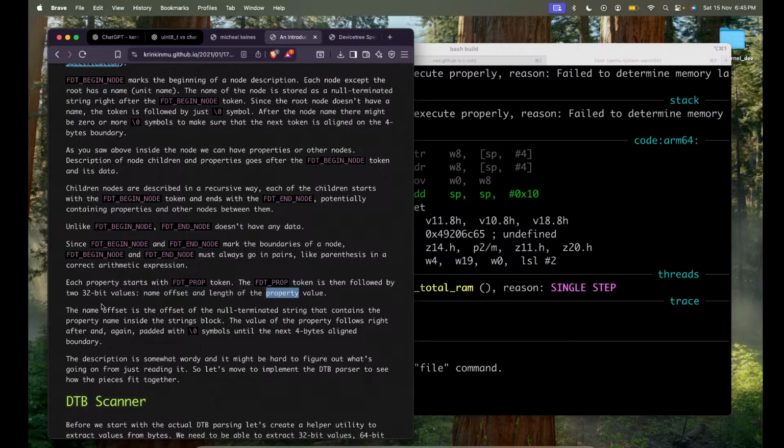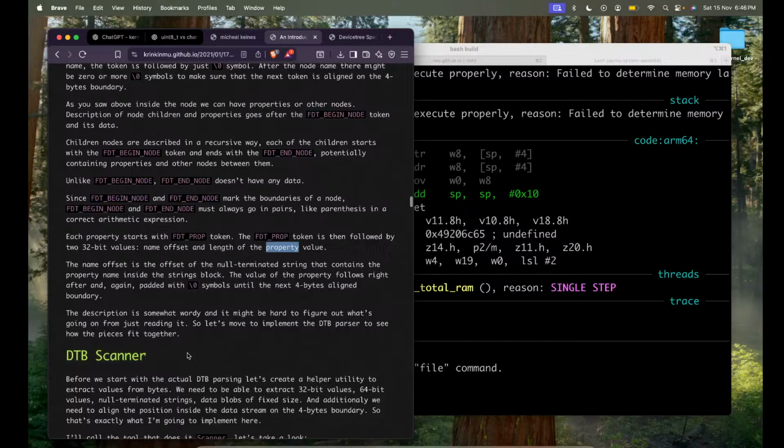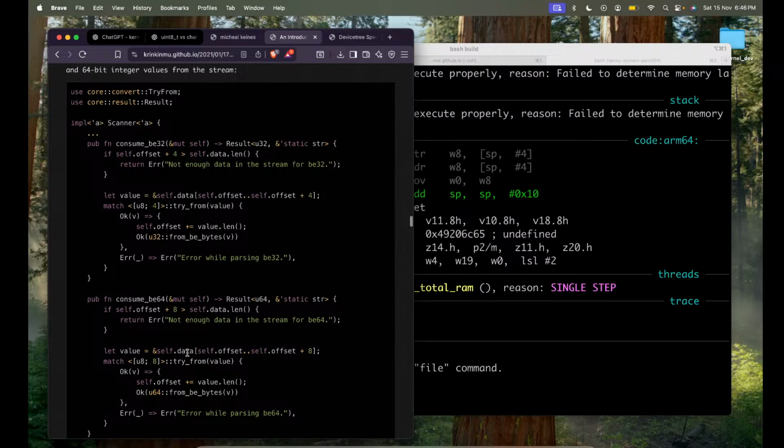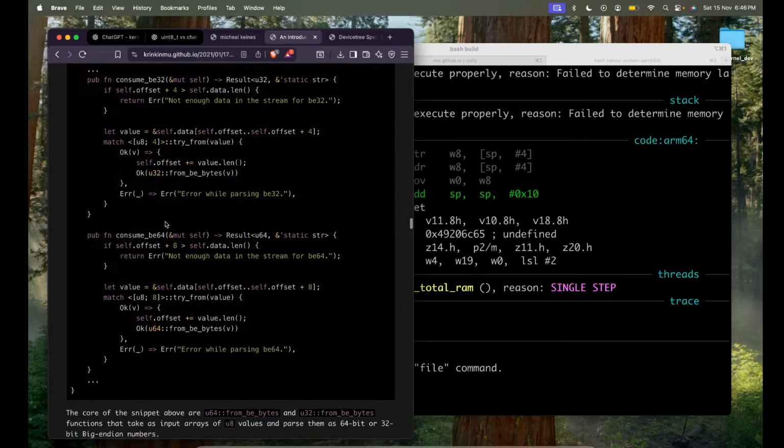Okay. The name offset is the offset into a null-terminated string block. The value of the property is padded until the next token. The description is somewhat vague and it might be hard to figure out what's going on. I just need to understand what we can do after we reach the